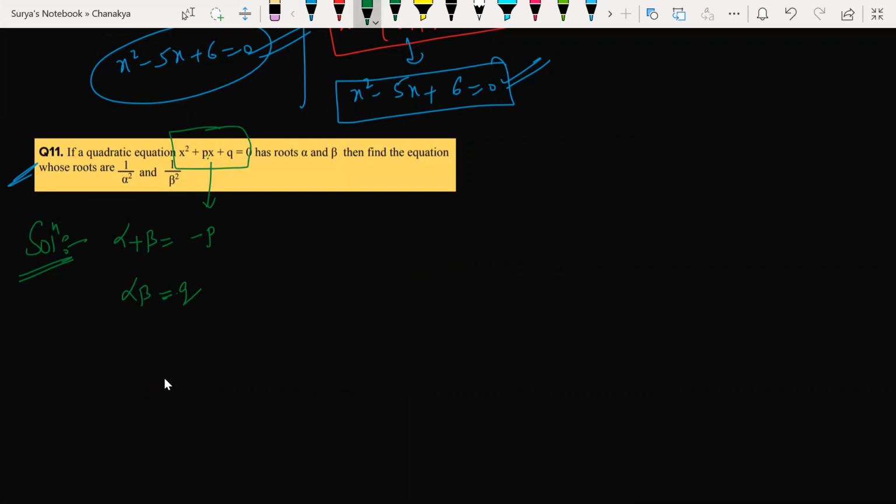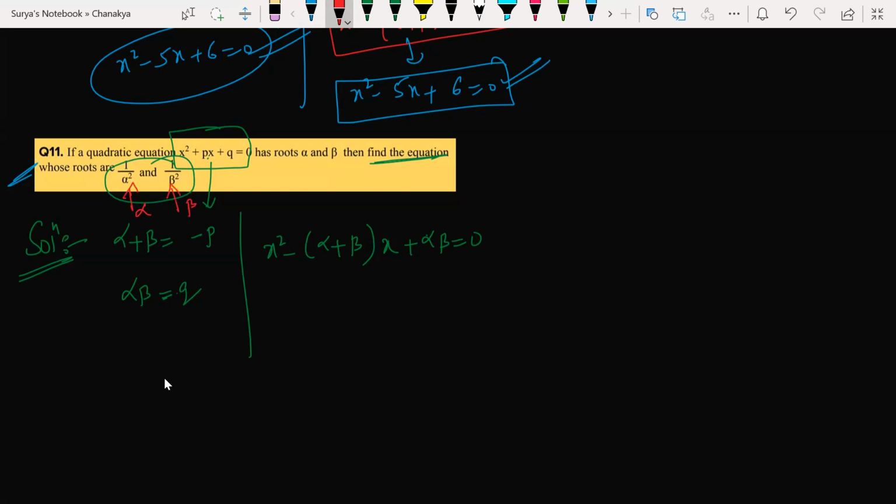So he's asking us to find the equation if they have given these roots. What is the procedure? What is the formula I told you? x square minus (alpha plus beta) into x plus alpha beta is equal to 0. So what is alpha here? We have to find alpha, right? What is alpha? Don't tell me that alpha is alpha only. See, this is my alpha now. This is my beta now.